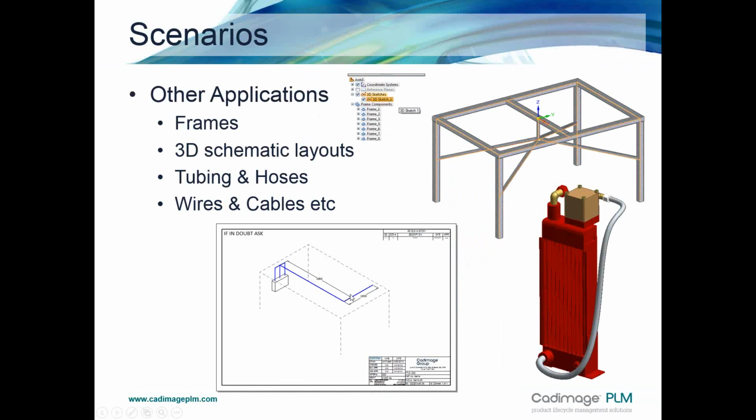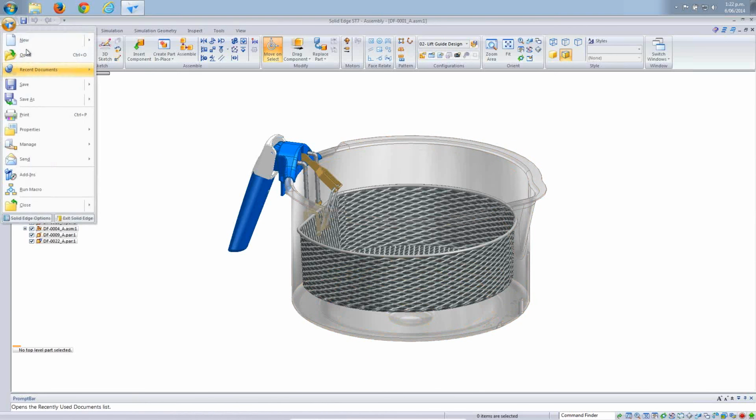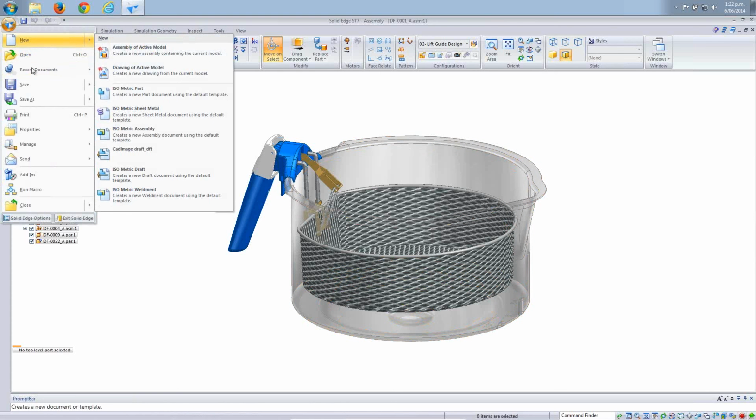We can use it to generate 3D schematic layouts as well. So I've done a simple one here, worked with a customer who had a requirement to do this in the past, and Solid Edge didn't really have the capability. I think that these 3D sketching tools have really given them the chance to do this in Solid Edge rather than using another product. So if we go back to Solid Edge,